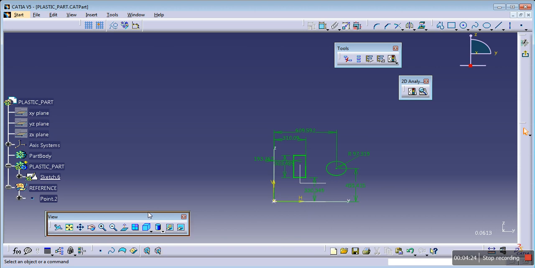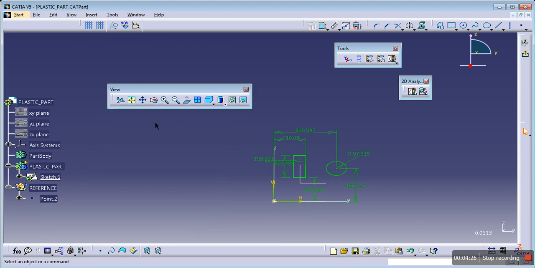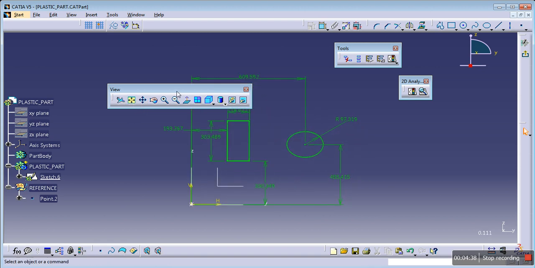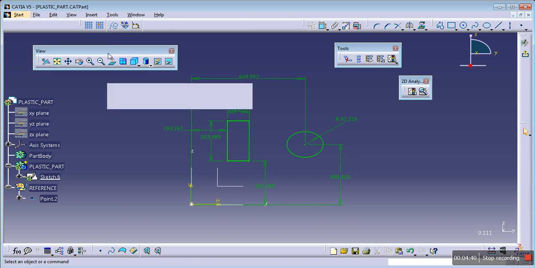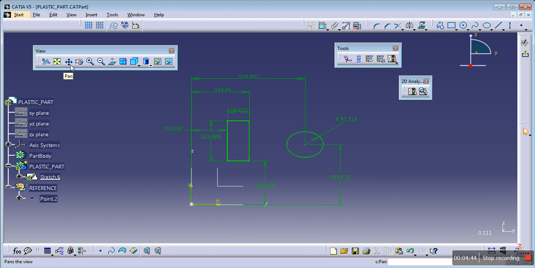Now let us learn about the view toolbar again. In the view toolbar, the first option you have is the fly mode. Anyways, you don't use it. And the fit in all option, I have shown you. Let us click it again. This is the fit in all option. The exact space of your sketch design will be shown. The next is the pan option.